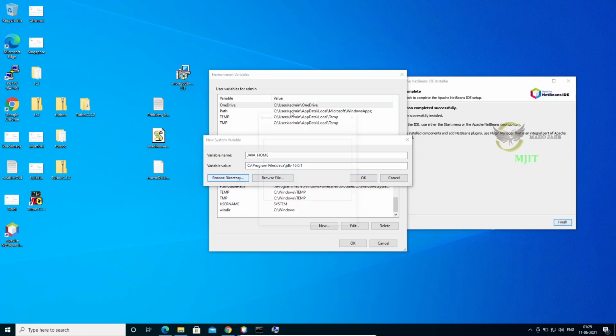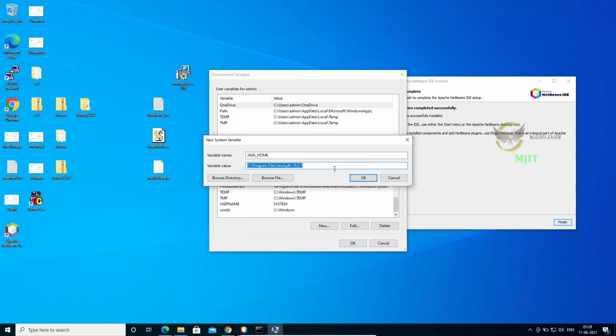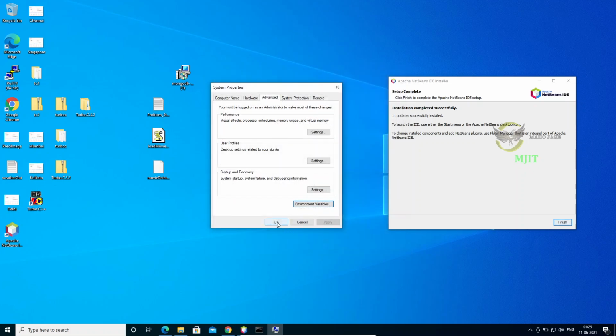That's also fine. So this PC, C drive, Program Files, Java, this JDK, we need to select. Give OK and then OK. Now the system variable JAVA_HOME also got added. Click on OK. Here also click OK.